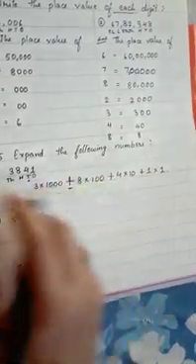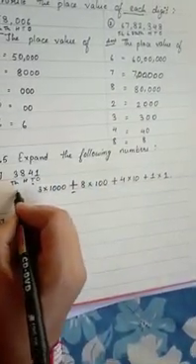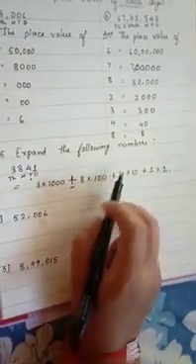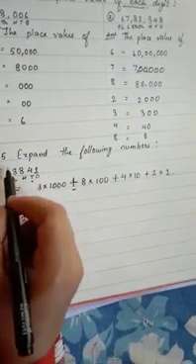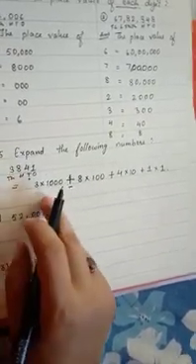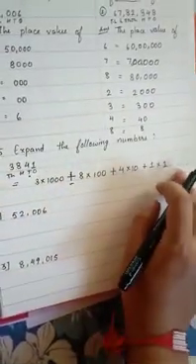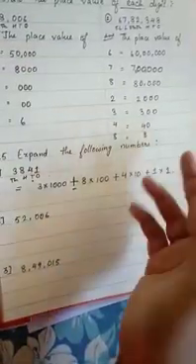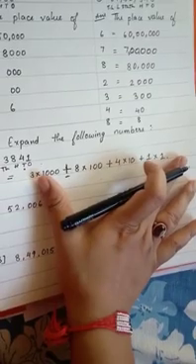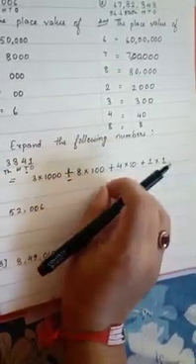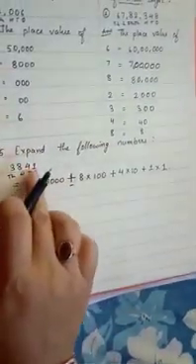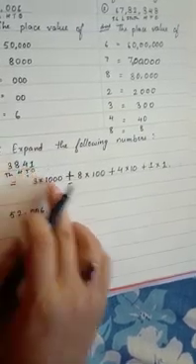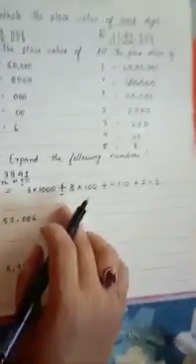3841. Understood? So this is the expansion or expanded form of your given number. This short number can be expanded and written like this. The opposite question can also come, that means this expanded form can be given to you and you may be asked to convert it into the short form. Okay, so this is one example for you.